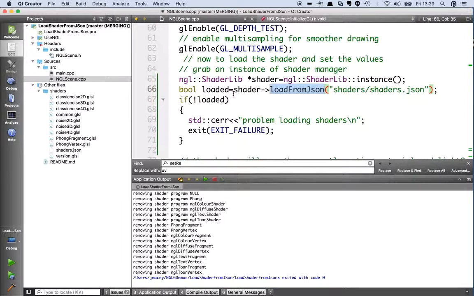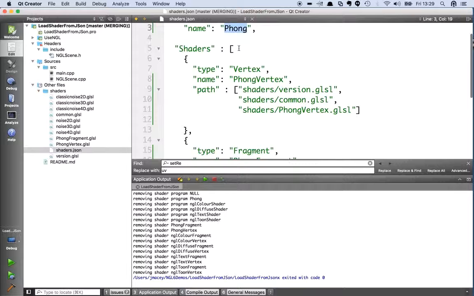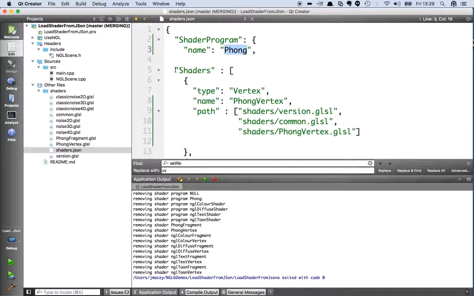What this will do is read a formatted JSON file to actually make loading more complex shaders a lot easier. So what we've got here is the JSON file we're going to load. It has a few key elements. So shader program is indicating that we're creating a new shader, and this is the name of the shader that we're going to create. Then after that we have a list of the shaders to attach, and in this case